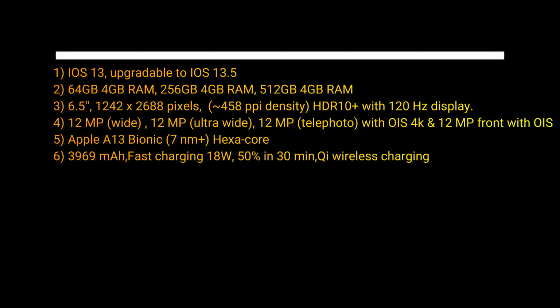Apple 11 Pro Max is a company A13 Bionic chip. That is going to be one of the fastest chips made by Apple these days. The reason for putting this phone on number 3 is the battery, because this phone is below 4000 mAh battery,